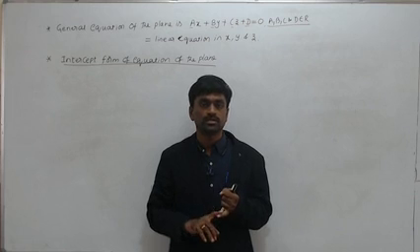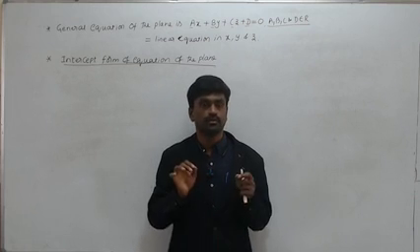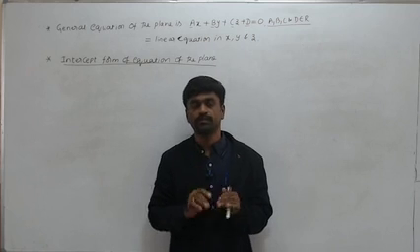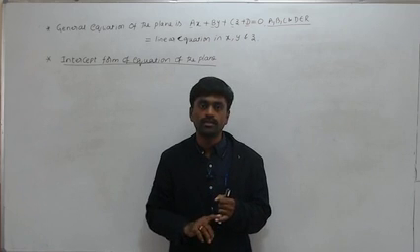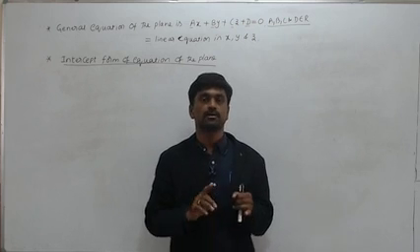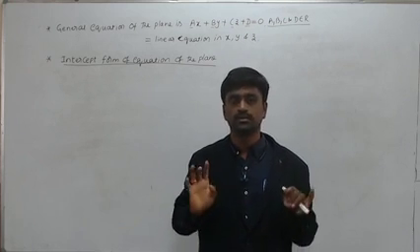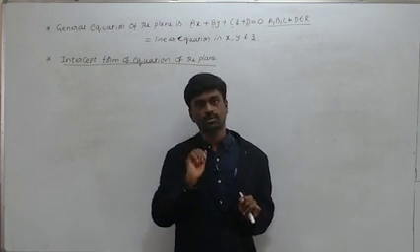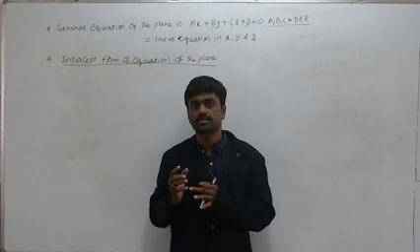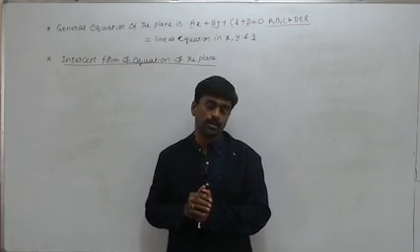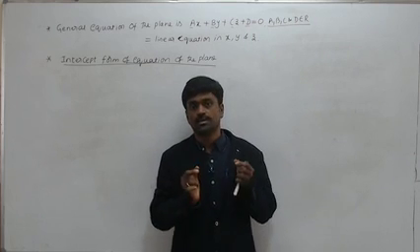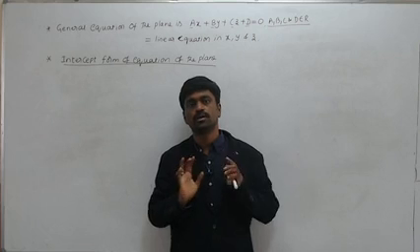If we want to say small a is the x-intercept of the plane, earlier it was a line in two-dimensional geometry, here it is a plane. So if small a is the x-intercept of the plane, then it intersects the x-axis at the point (a, 0, 0), because it's 3D, so 3 coordinates will be there. And if its y-intercept is small b, it means it intersects the y-axis at (0, b, 0). And its z-intercept is small c, meaning it intersects the z-axis at the point (0, 0, c).